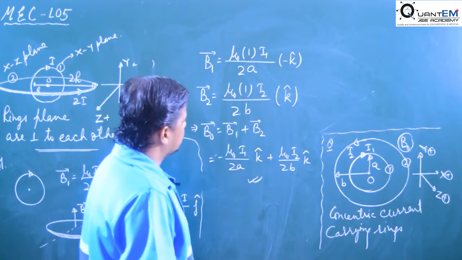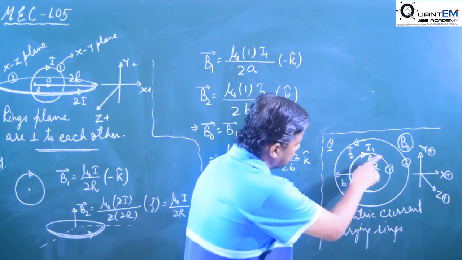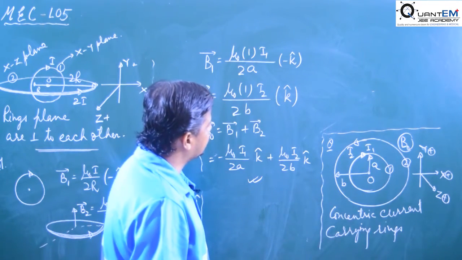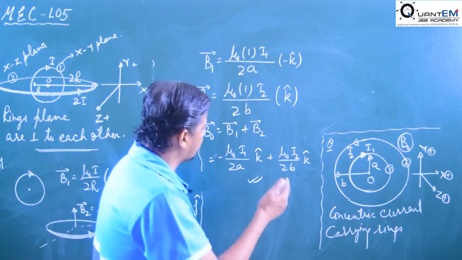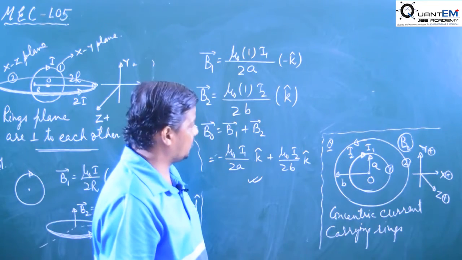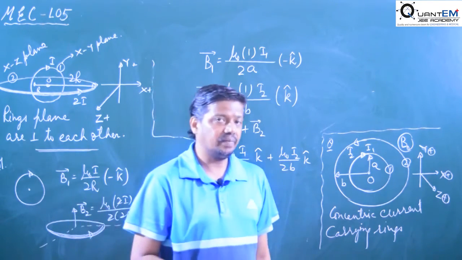Okay, so since the negative part of the field has higher magnitude, the net magnetic field will be inside the plane of paper. Also it will depend on the values of the currents. So after calculation only you may find the final result, whether it is directed inside the plane of paper or outside the plane of paper.